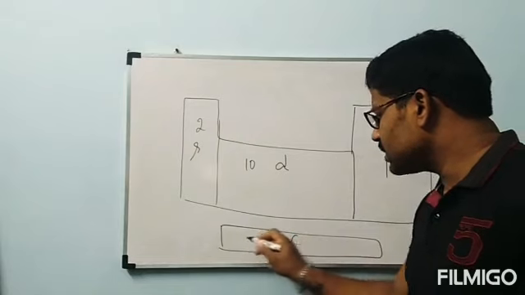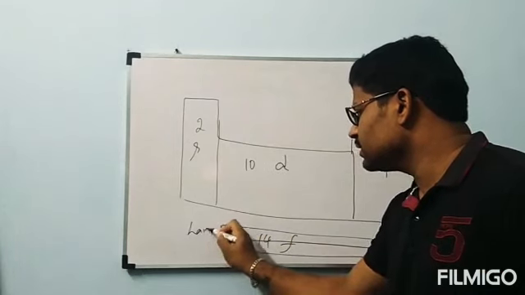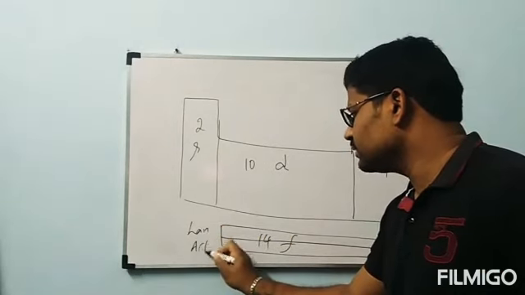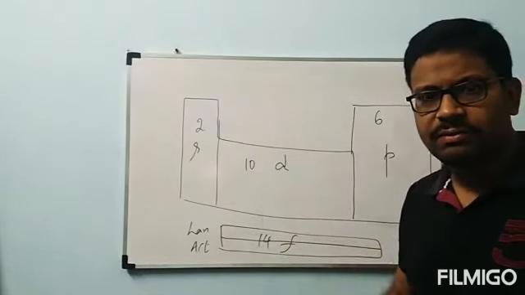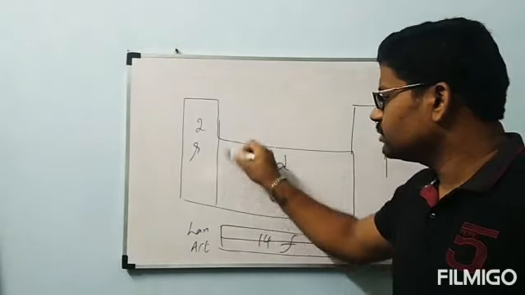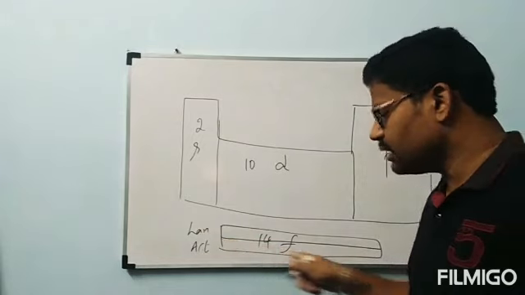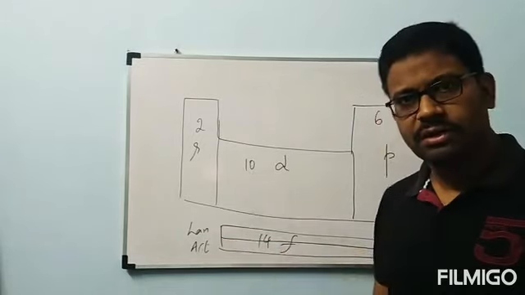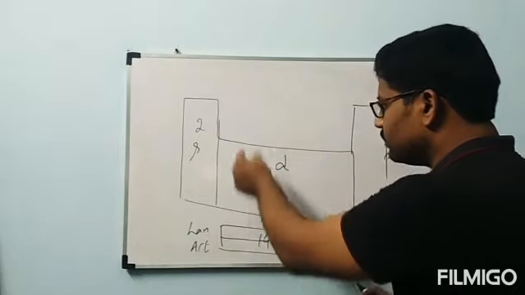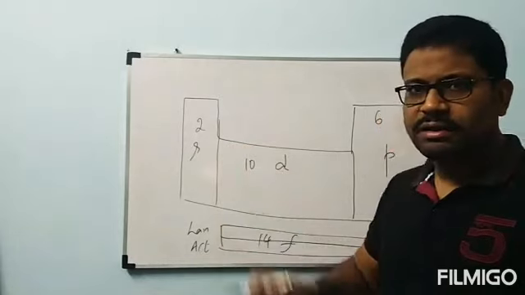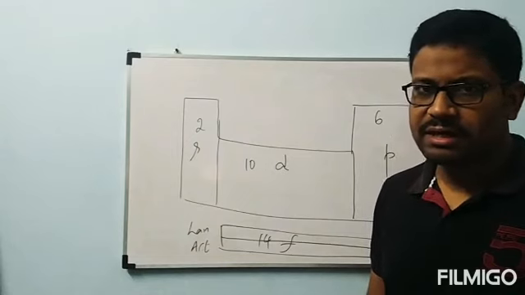F has 14. Actually, these are not groups. The first series is called lanthanides and the second series is called actinides. All 14 lanthanide elements belong to one group only, the third group. All 14 actinide elements also belong to one group only. But they are kept separately, because if these 14 elements were kept in the group here, the table would become too long. These two, lanthanides and actinides, are together called F block elements.